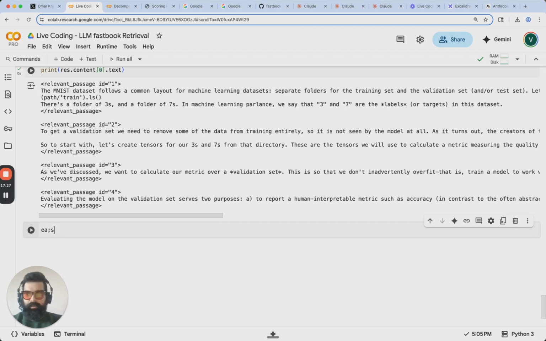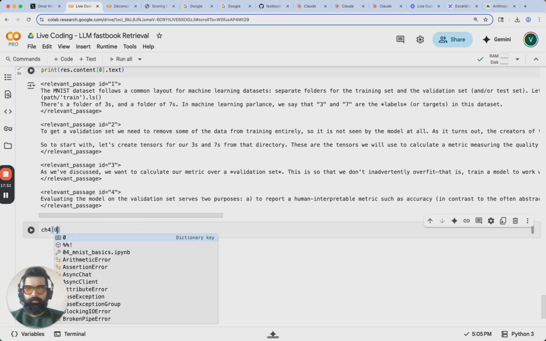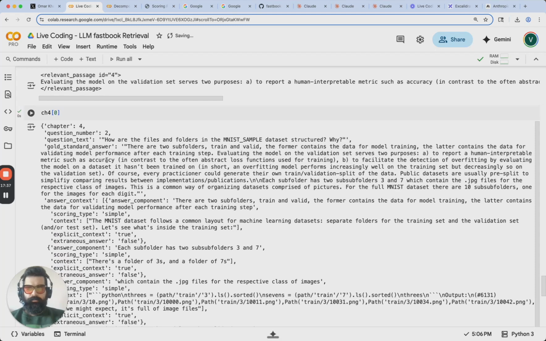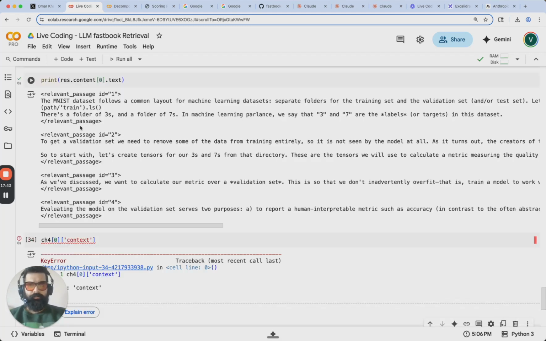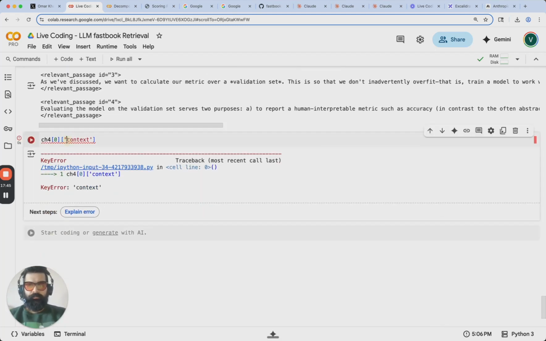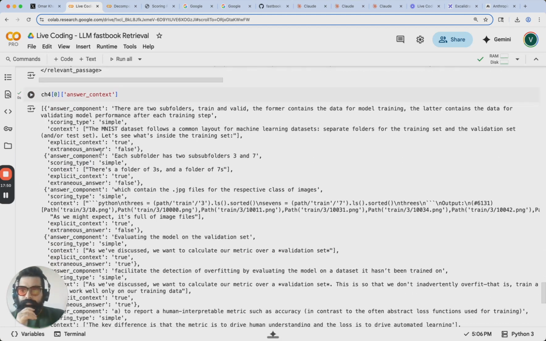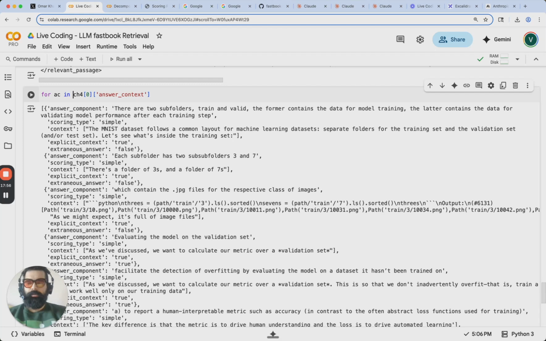And I'm going to look at eval 0. Actually, I'm not going to look at that. I'm going to look at chapter 4, 0. And I'm going to look at context. What is it? Answer context. All right. And let's make this a little prettier. And we'll say for answer component in that,